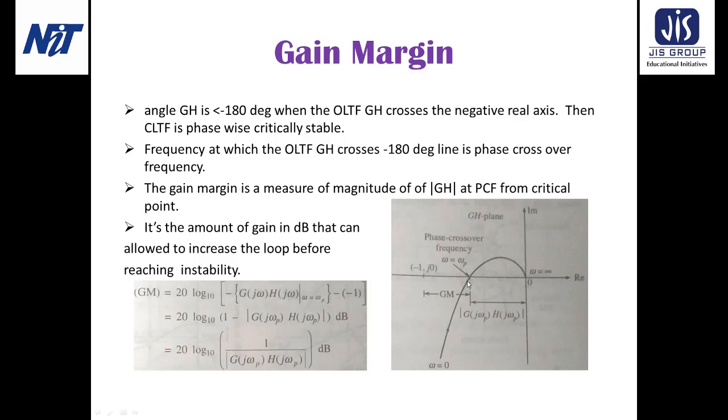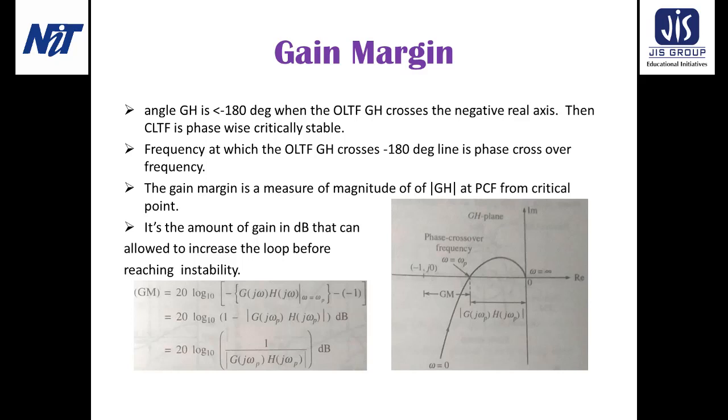So here this is the phase crossover frequency and we can see that this point is the critical point minus 1 plus j0. So the difference from this minus 1 j0 to this point, this magnitude is known as the gain margin. Now the physical significance of the gain margin is actually the amount of the gain in decibel unit that can be allowed to increase in the loop before the system reaches instability. So if we consider this figure,